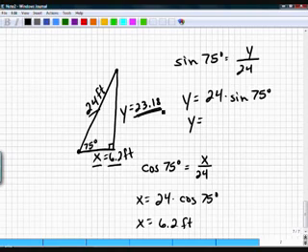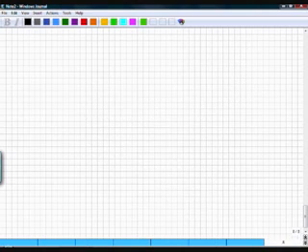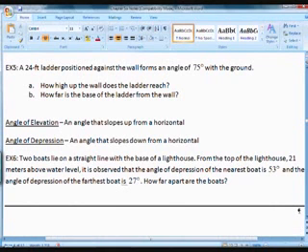How could you check your answers? You got 6.2, 23.18, 24, Pythagorean theorem. If you want to check to make sure that you are pretty close, 6.2 squared plus 23.18 squared should equal somewhere really close to 24 squared. Will it be exact? No, because both of these are rounded answers. Last problem. We're going to talk about angle of